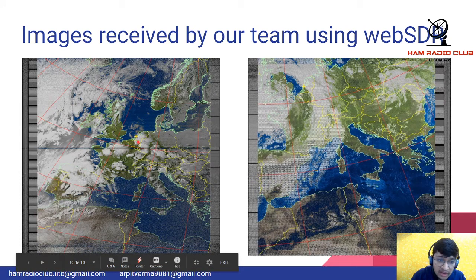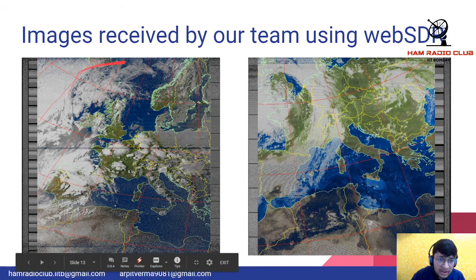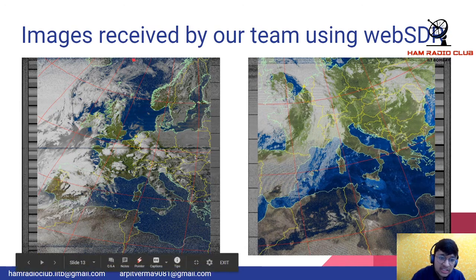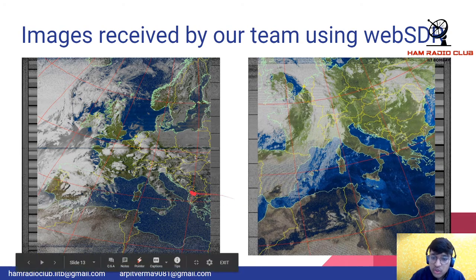This is where the ground location was, and you can see a bit of blur on the top and at the bottom. This is because the signal is not the best during the start and the end. So the best part is in the middle, and you can see the map overlay. This is done through a software which you are going to use. So in some time we'll also be able to get an image like this. These two were tracked by our team in this COVID lockdown.